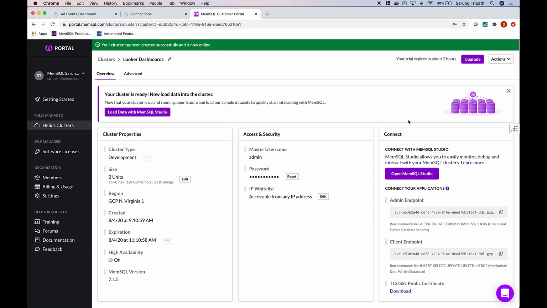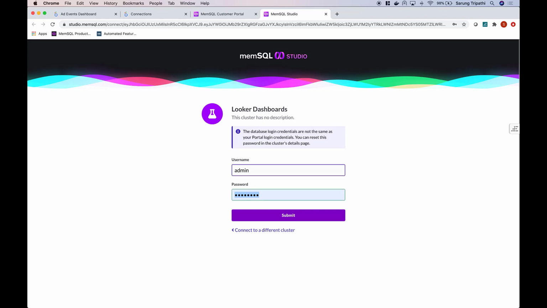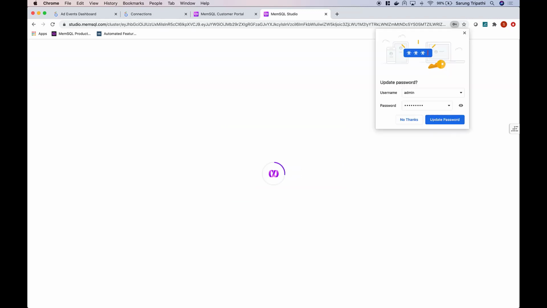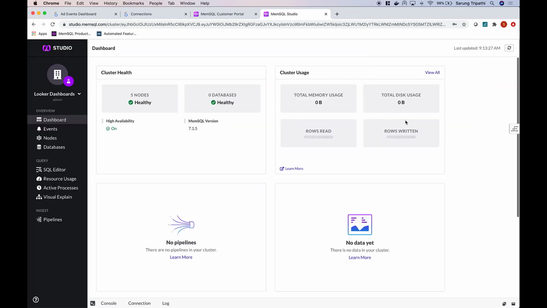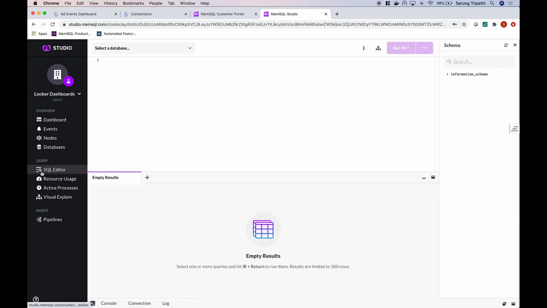Now that our cluster is ready, we can load data in using MemSQL Studio. So MemSQL Studio within the Helios platform gives you the ability to monitor the entire health of your cluster, as well as some usage around your database cluster as well. Let's just go to the SQL editor